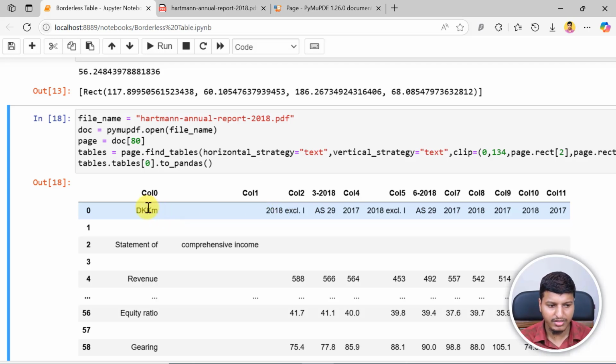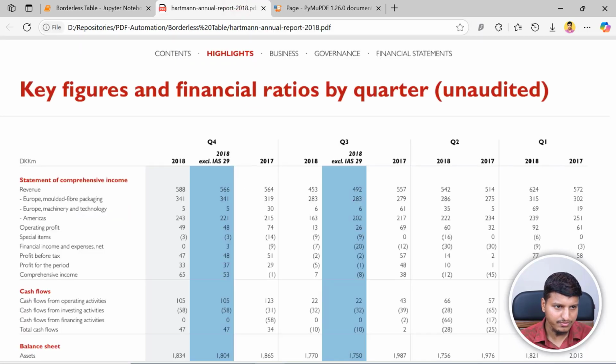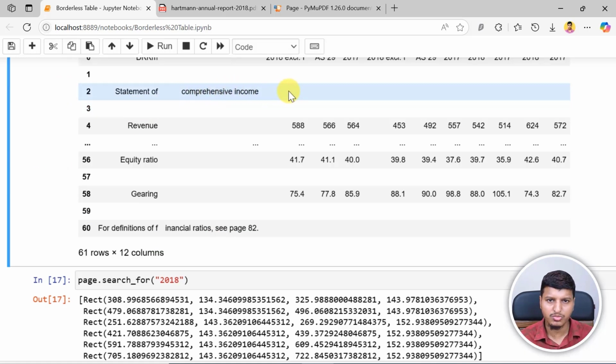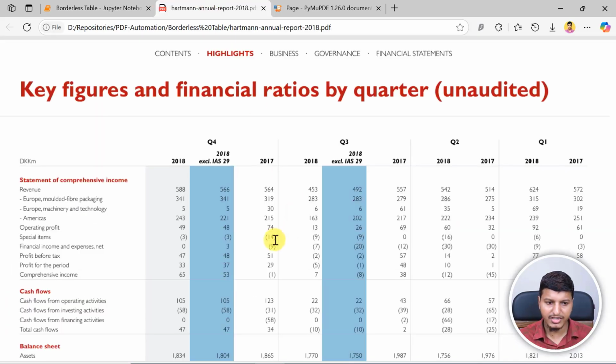Now we still have columns like DKKM and so on. If you look into this, the first column is split into multiple columns. The statement of comprehensive income should be only one column, but instead it is split into multiples. So in this kind of scenario, when you don't have any grid line, you can use text, but the best